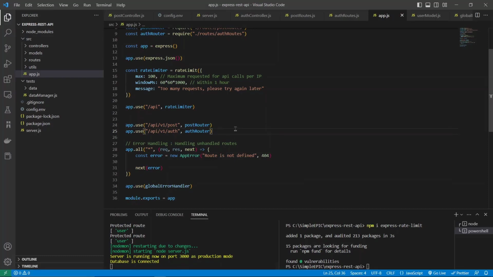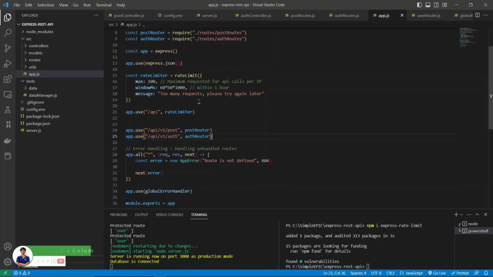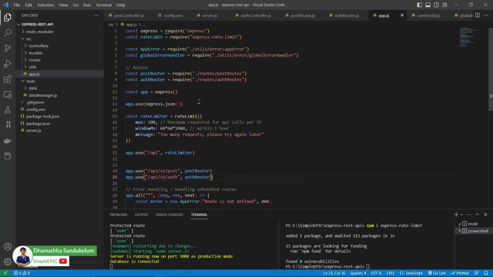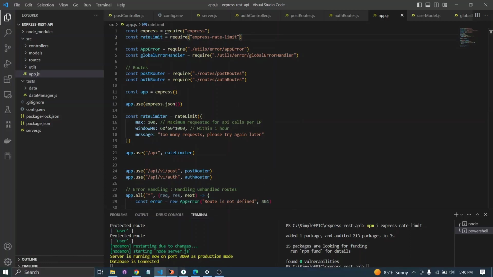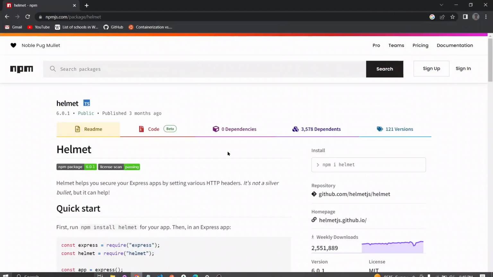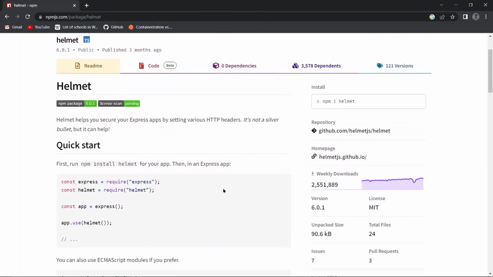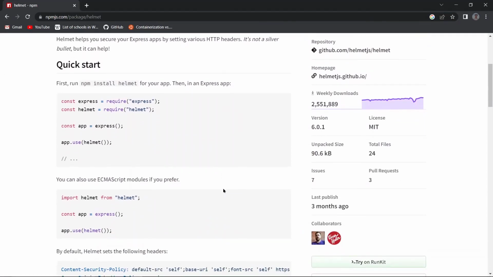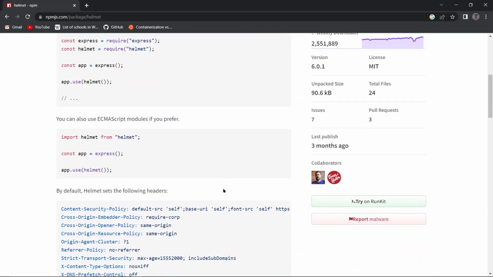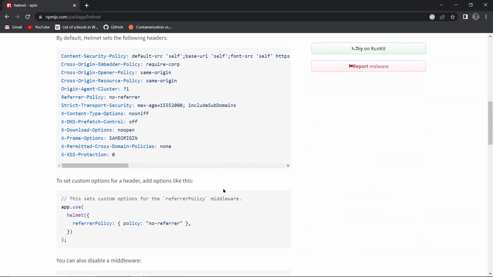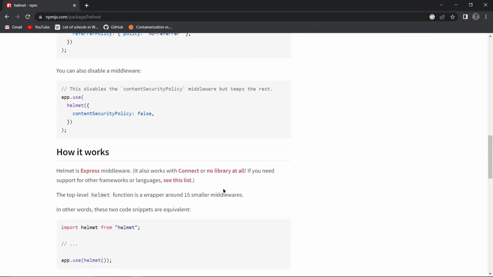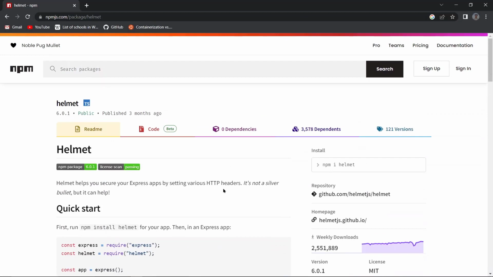Right, so in the previous video we added the rate limiting feature for our backend API, and now let's add more security headers by using another node package called helmet. This helmet package is quite popular in Express backend development, and there is complete documentation available on npm.js, so you can refer to more about this package, but basically it's about enforcing security headers in your